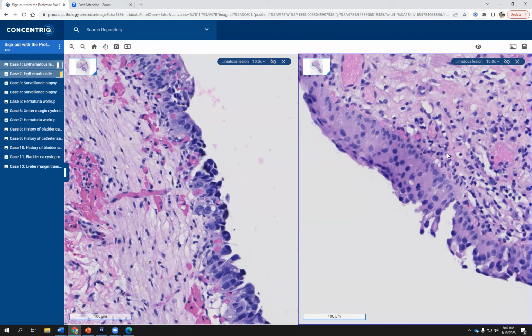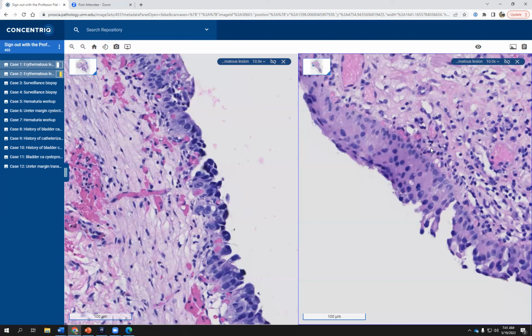Okay, this might seem paradoxical to some because when we have so much cytoplasm, the nuclear cytoplasmic ratio that we use so much for cytologic diagnosis of urothelial carcinoma may be very low, right? Not high as we see in this case,